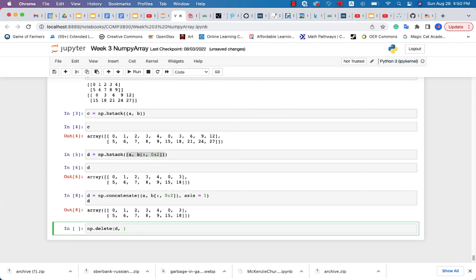First I give the array to the function, and then give the position. And remember, we count from 0. The index for the first column is 0, so it's 0, 1, 2, 3, 4, 5. Give it 5. And then the axis is